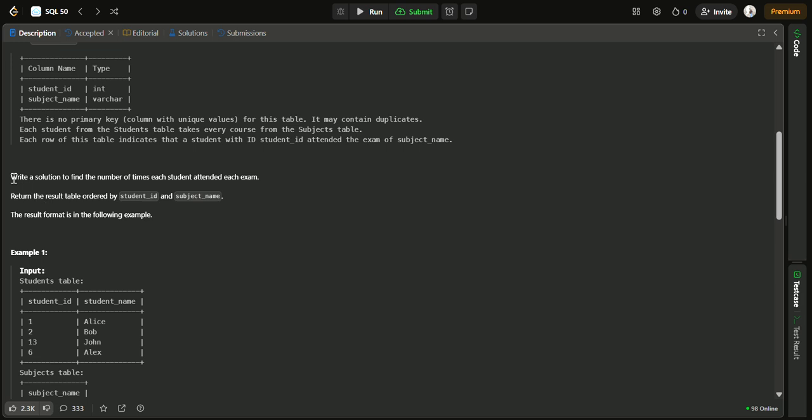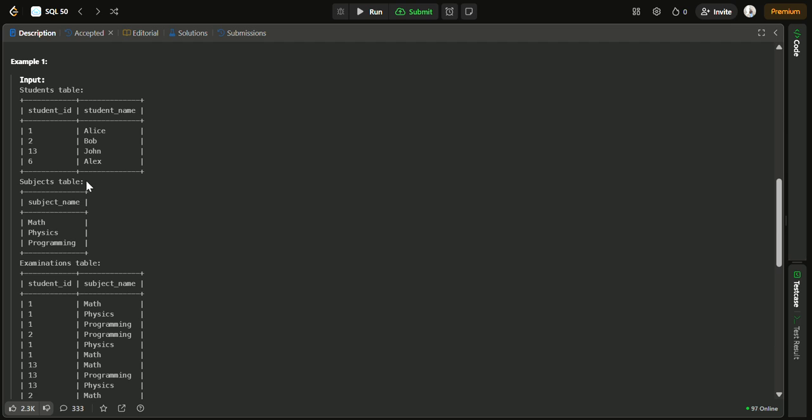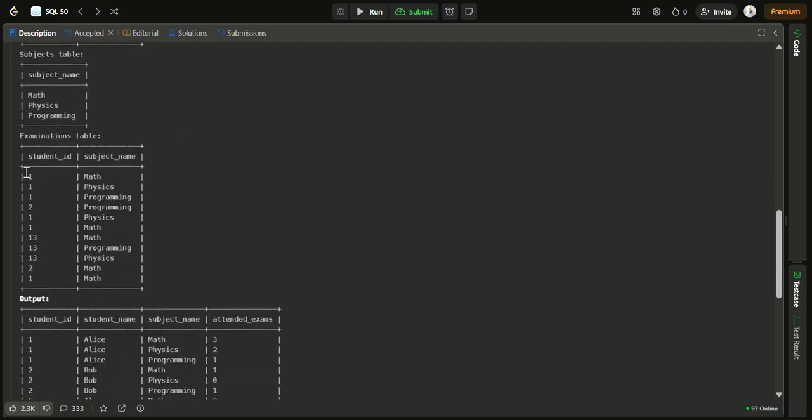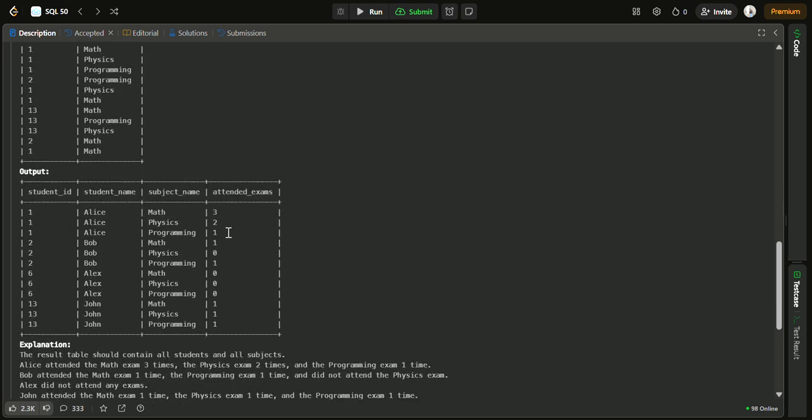Our problem statement is write a solution to find the numbers of times each student attended each exam. Return the result ordered by student ID and subject name. This is important to get in the exact format. The result format can be seen here. So we have three tables: student ID, student name, subject name, and student ID, subject name. This is the examination table, and our output should look like this,